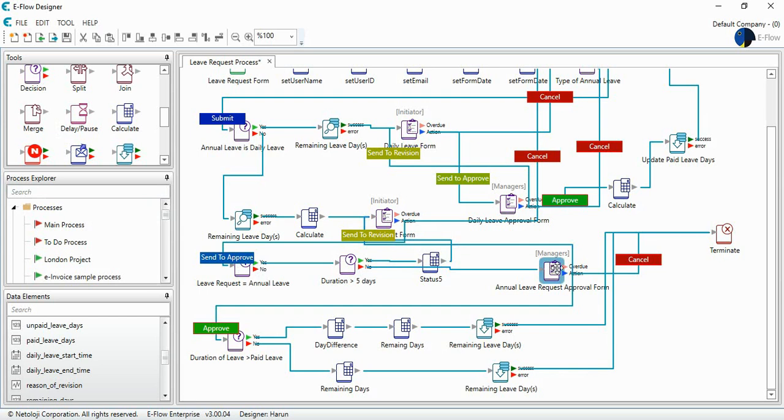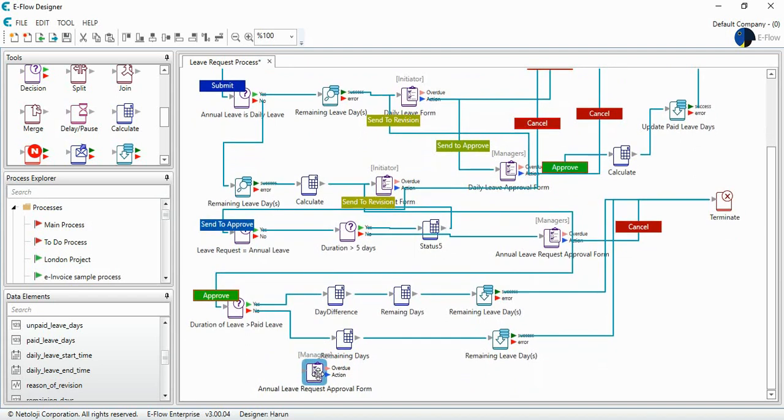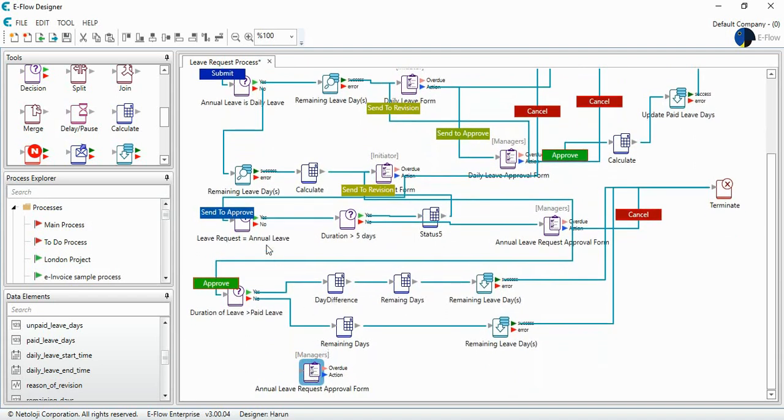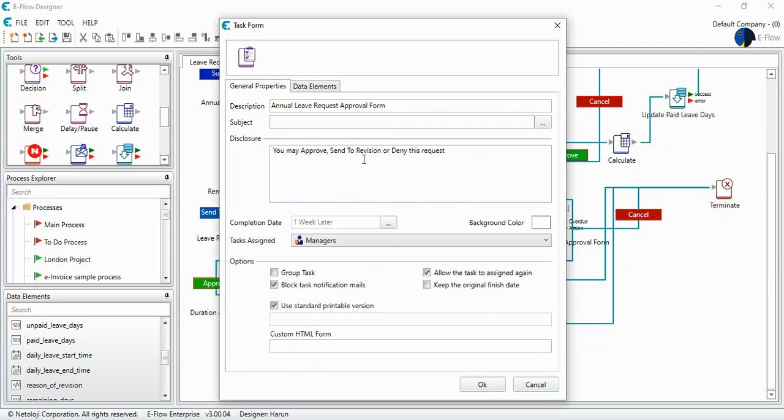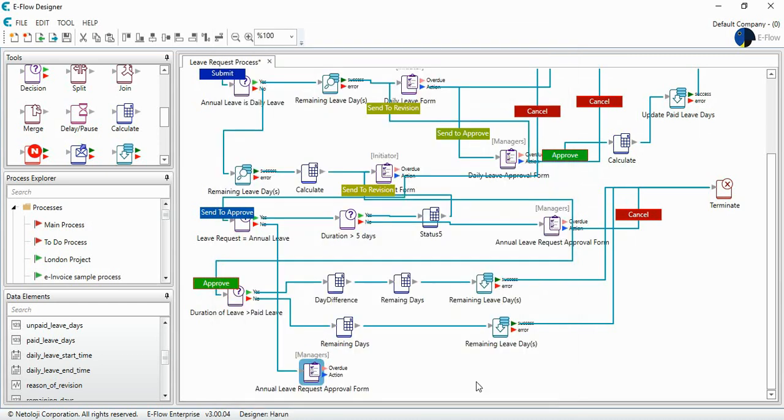So I just copy and paste this task form that is assigned to managers. But this time, if it's not annual leave, so it's not an annual paid leave request, it's an unpaid leave request, and I will send it to managers. So managers will again be able to approve, send to revision, or deny this request. And it's the same. I will send it to